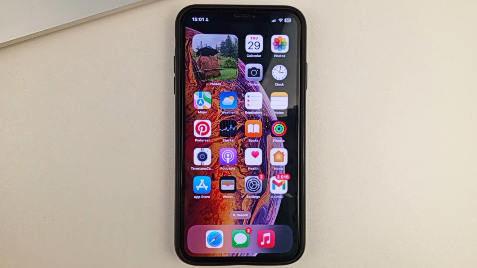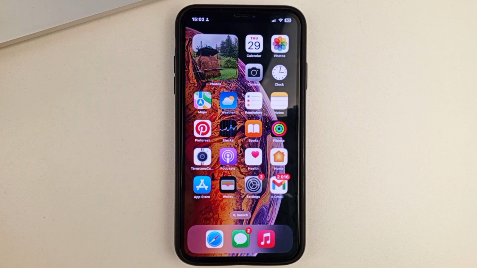So, as you can see, I now have an iPhone where I don't have a phone icon or phone app on my home screen. If you had this problem, you may not be able to find it. You may have accidentally deleted it, or you may have once deleted it on purpose so that it wouldn't bother you, and now you would like to get it back. So how do you do it?